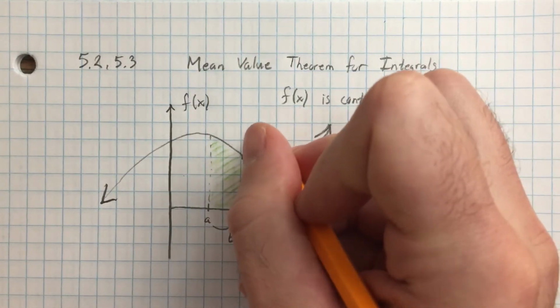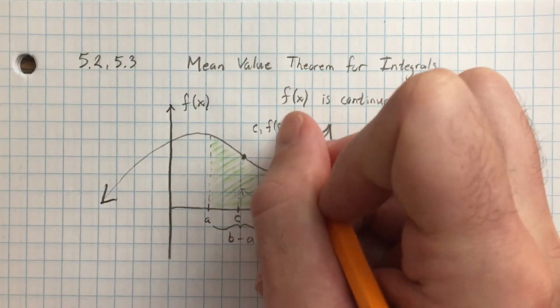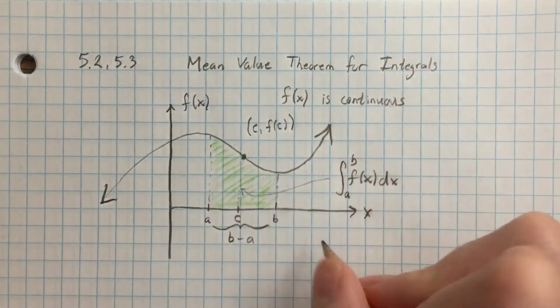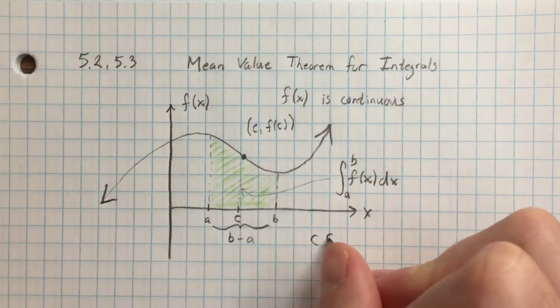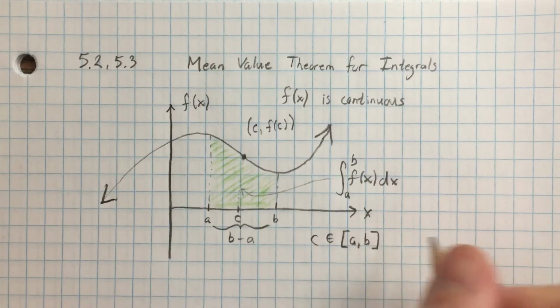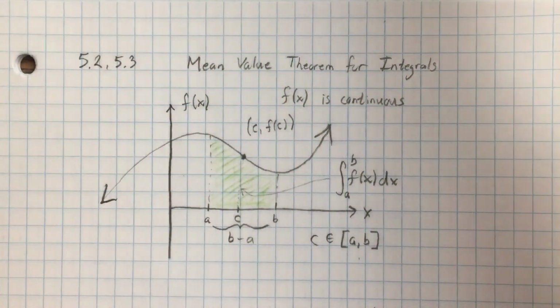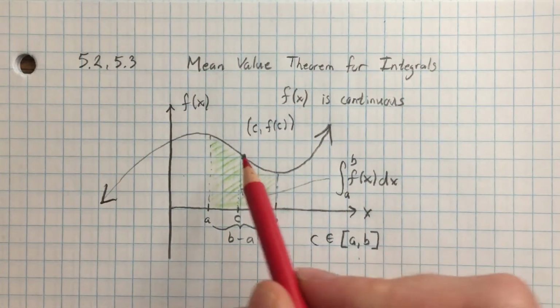So that is c comma the function at c, and c is in the interval AB that we've constructed here. Just like the mean value theorem for derivatives, you can find a c within the interval that we're talking about. And the property that that c value will possess is that